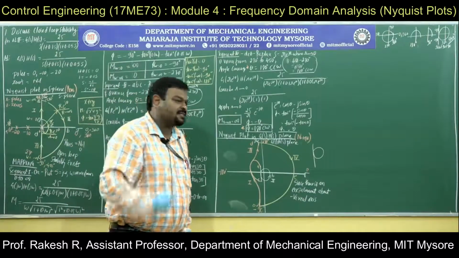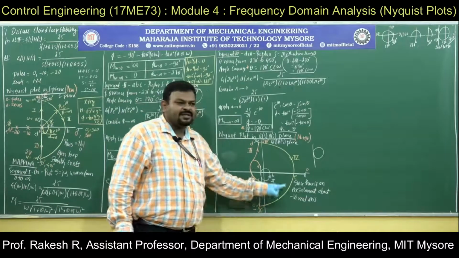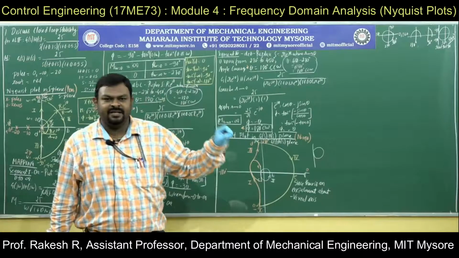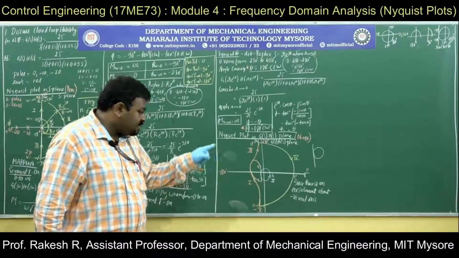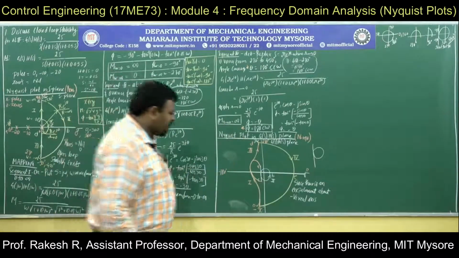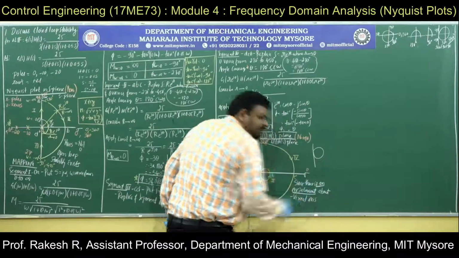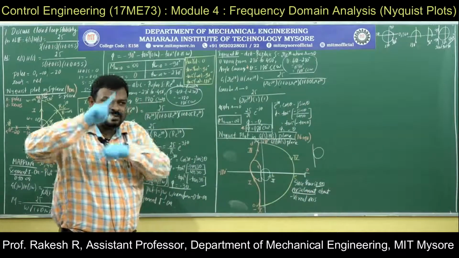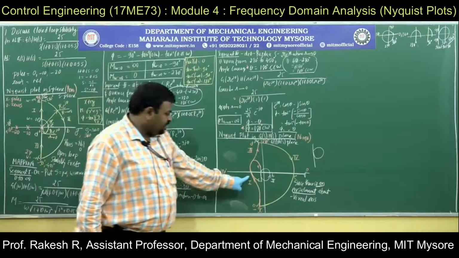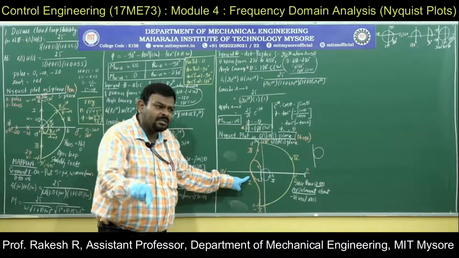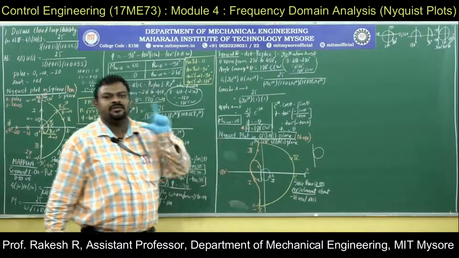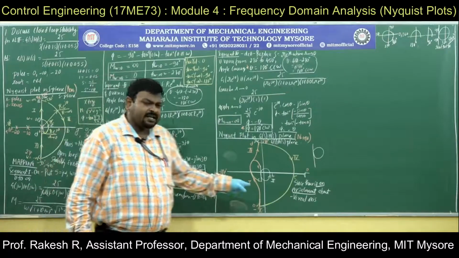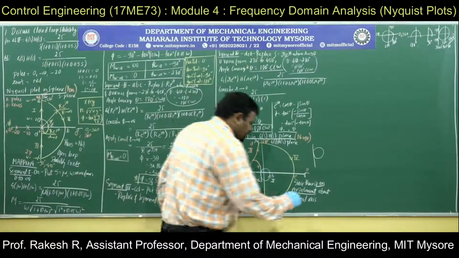Because -1 plus J0 is located on the negative real axis. That's why we have taken the negative real axis. Since there is an encirclement, how did you get it? Again, segment 1 and segment 3 cross the negative real axis. The plot is crossing means the segment is crossing. That's all, about the negative real axis, hence,